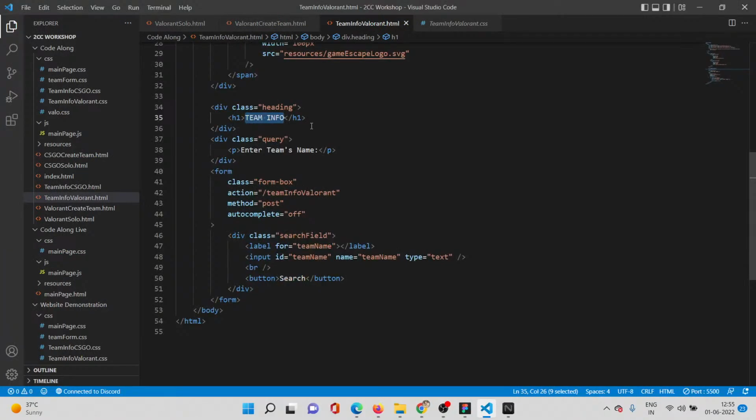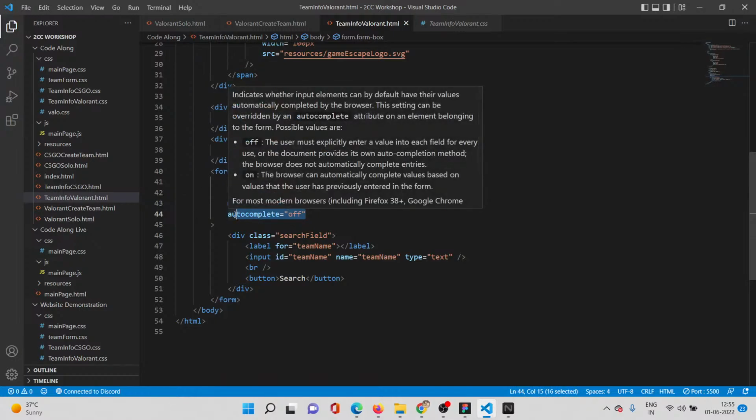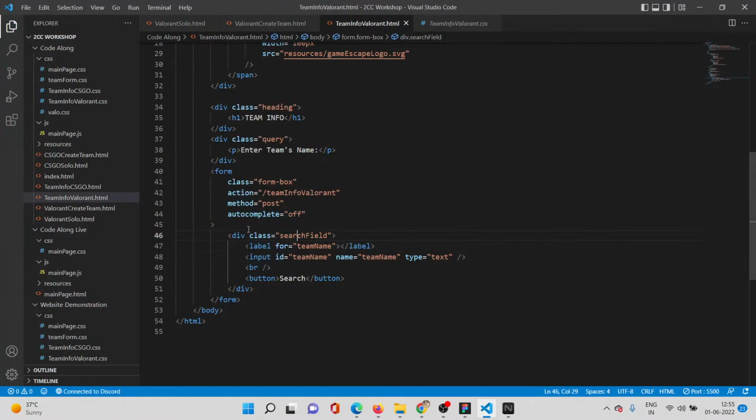So now I have created another div which is classified under query, and here you can actually enter the team's name. So enter team's name over here, and then I have created a form, and this form is classified under form box, and the action is fetched to team info Valorant in the backend, and the method of it is post, and autocomplete I've set to off, so it won't save the information in the other user's cache. So now I've created another div which is classified in the search field, and inside of it I've created a label which is team name, and input ID team name, and the name of team name, and the type of it is text. And then I've added a button search,